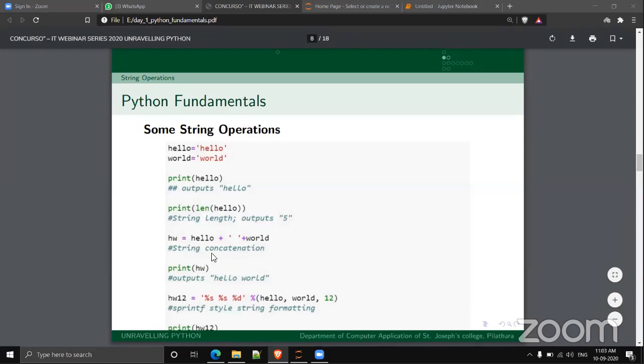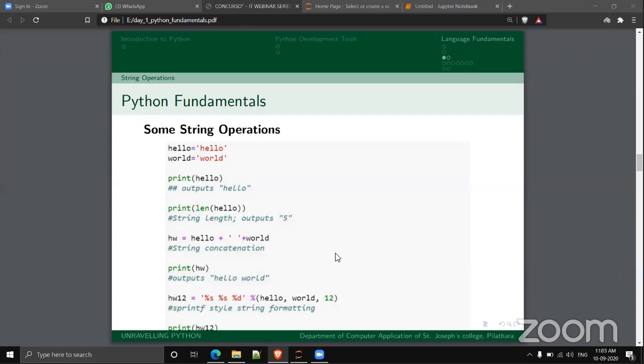Fine. And you can use the plus operator for concatenation. Concatenation means appending a string to the end of another string. That is what we call concatenation.